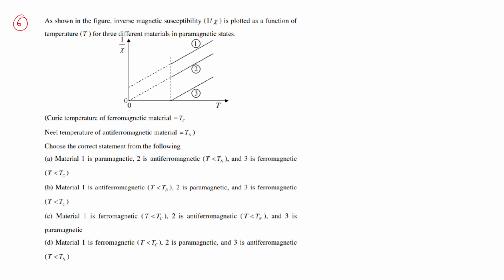Here you see, as shown in the figure, the inverse magnetic susceptibility, this is 1 over chi, it is plotted as a function of temperature for 3 different materials in paramagnetic states. Okay, and the Curie temperature for the ferromagnetic state Tc is given, Néel temperature for the antiferromagnetic state is given, and choose what is correct from the following. So see, for different magnetic states, the susceptibility is given as